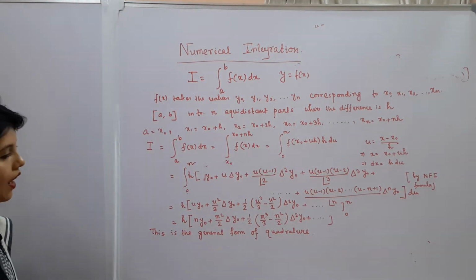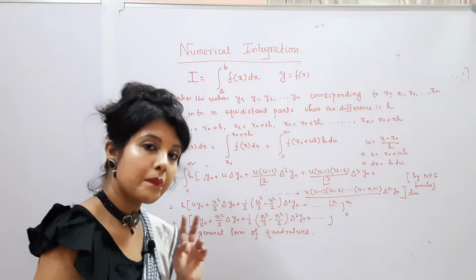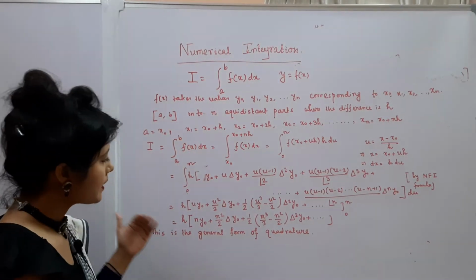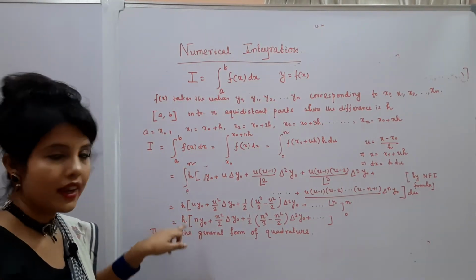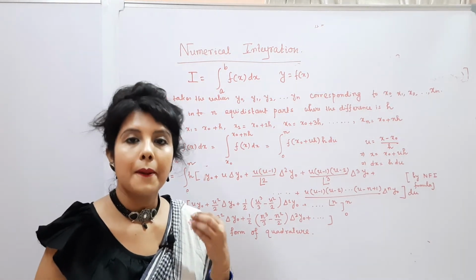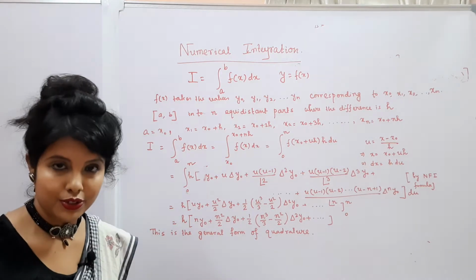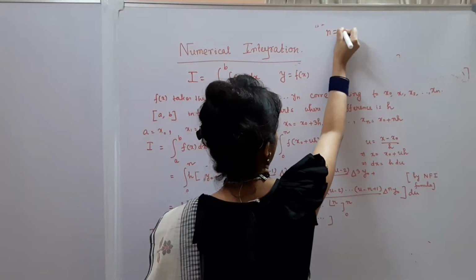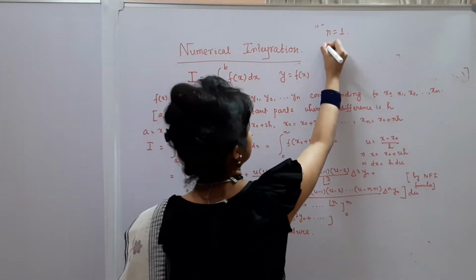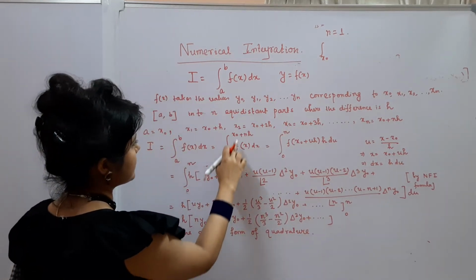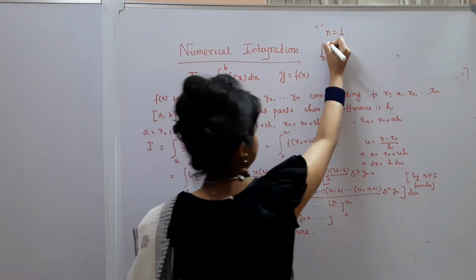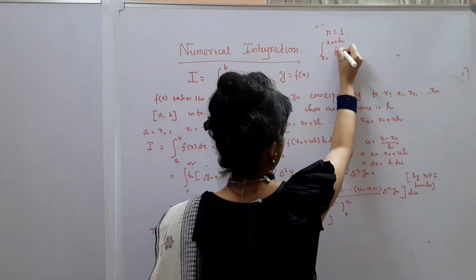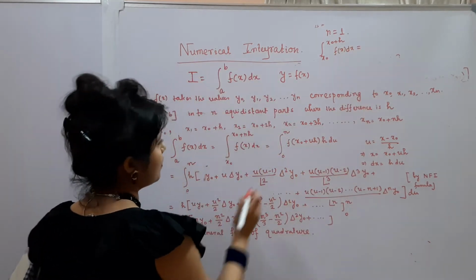Now I am going to discuss two particular cases, which are the main point of attraction in this chapter. What are the particular cases? If I put n is equal to 1, it will give you the trapezoidal rule, and if I put n is equal to 2, it will give you Simpson's 1/3 rule. So if I put n is equal to 1, this integration will move from x0 to x0 plus h, f of x dx, and it will give you